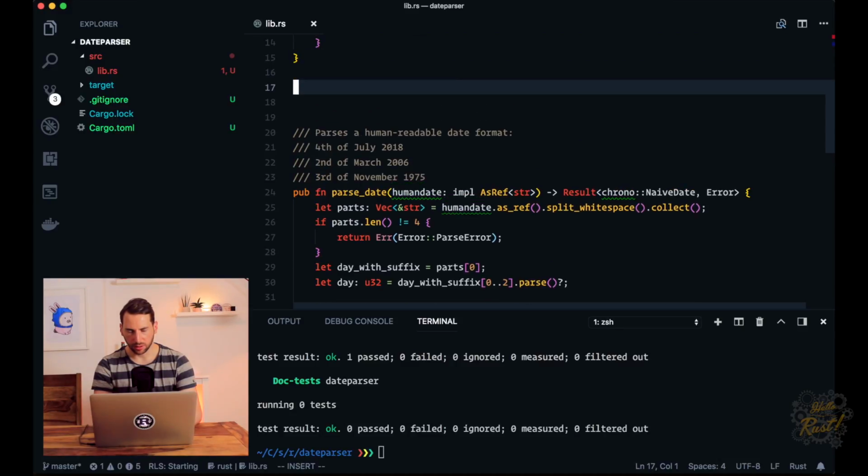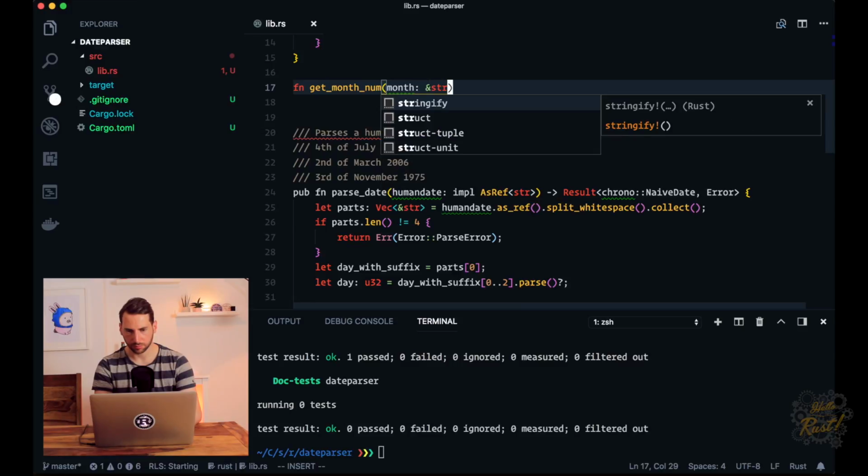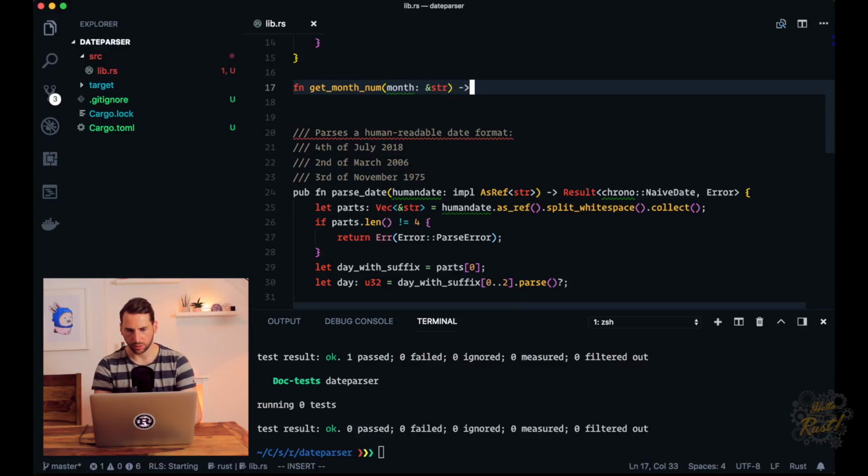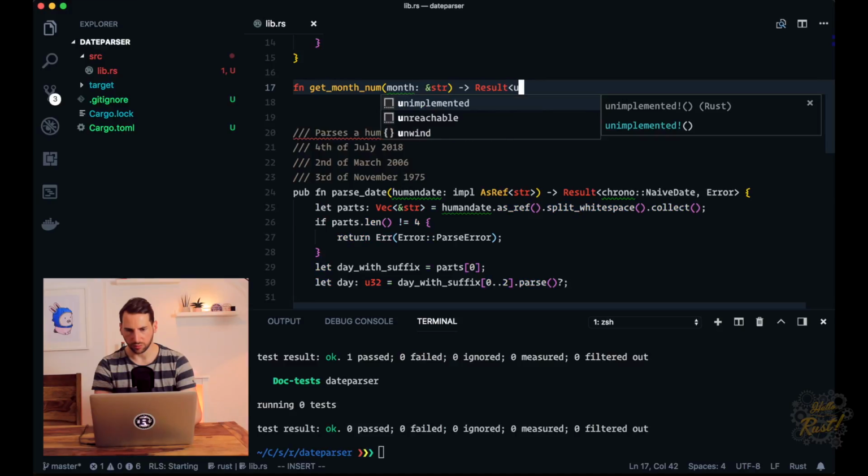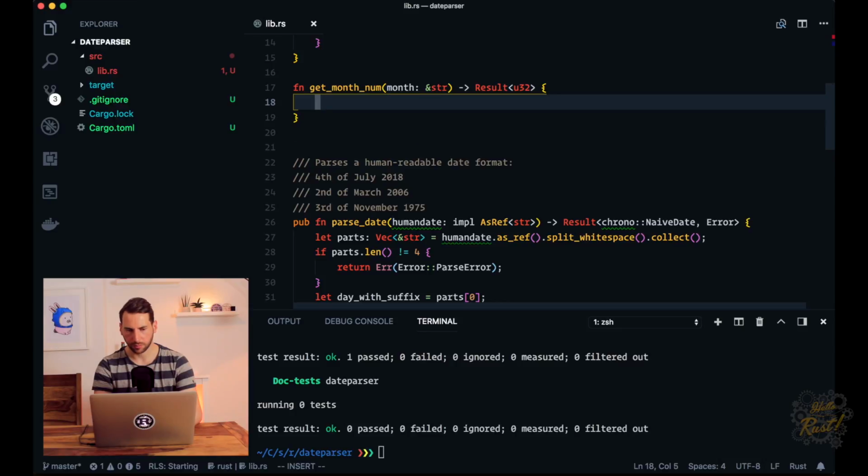And it's going to be a bit like fn get month number. The input is going to be a string, returning a result of U32. Let months equal vector: January, February,